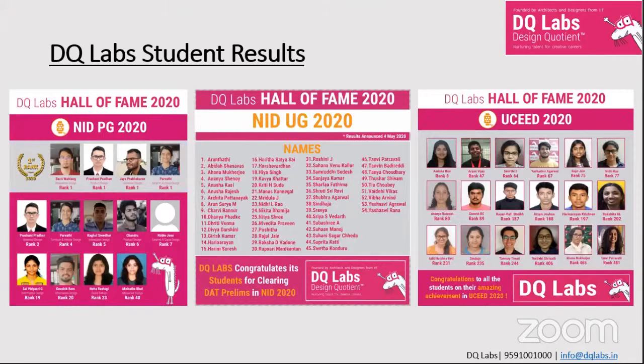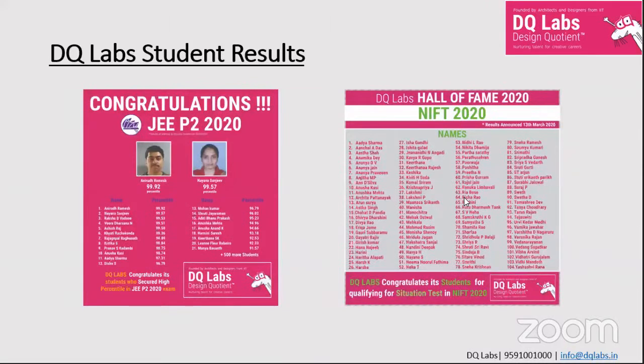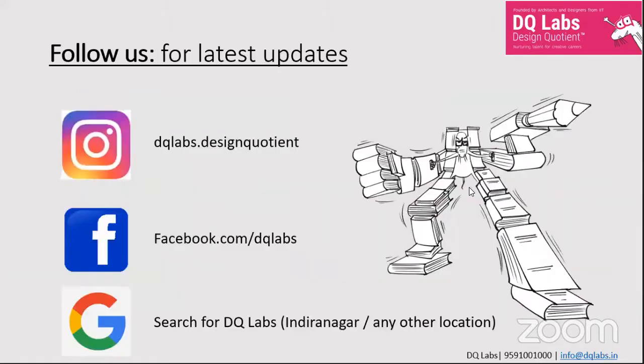So these are the opportunities we give our students, and all our students get access to that. And really what happens is, through these projects, through our education, their lives are transformed, their personalities are transformed, and that's why we have such good ranks. We have rank 1 in 4 disciplines this year for NID PG in round 1. We have NID UG. We have tons of our students who've cleared. Similar with UCEED, JEE Paper 2, or NIFT. We have over 110 students who've cleared NIFT this year. So that's amazing for us and for you as well.